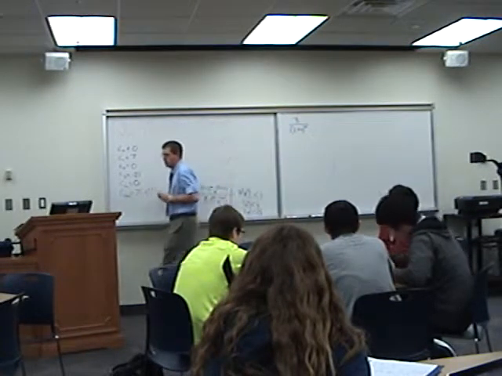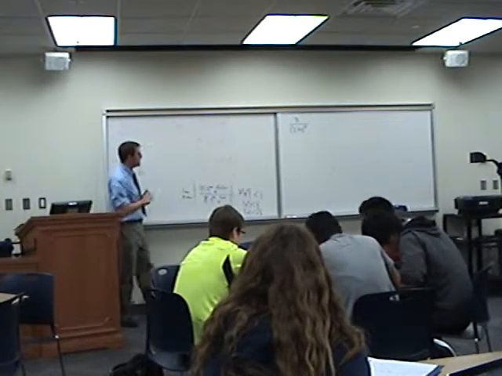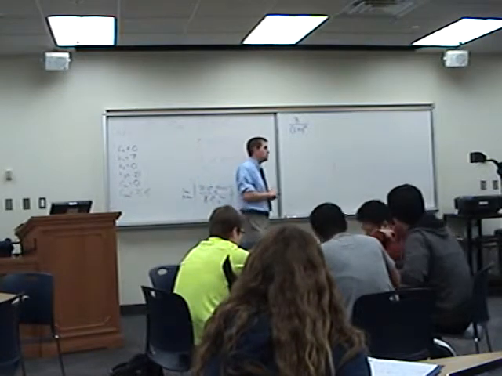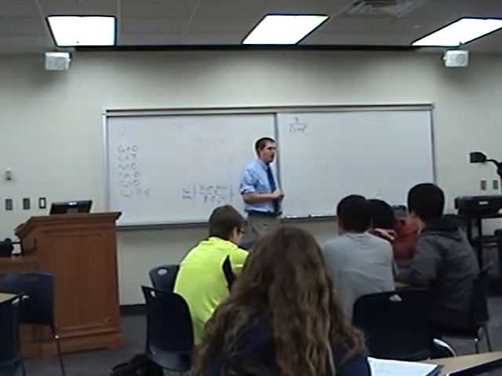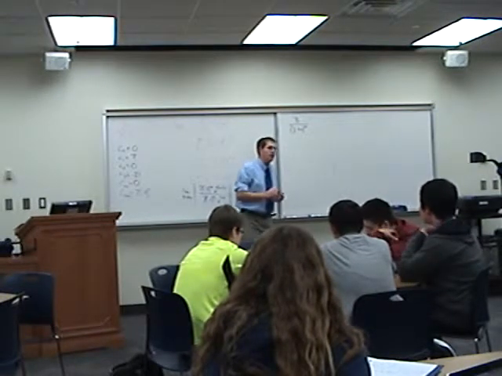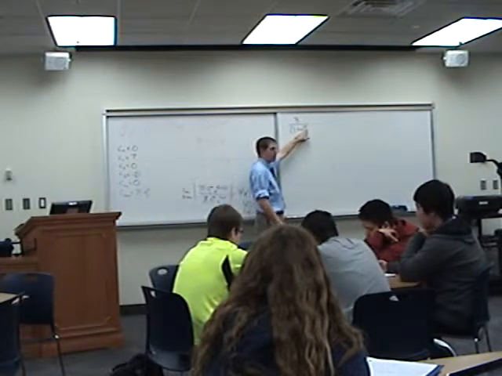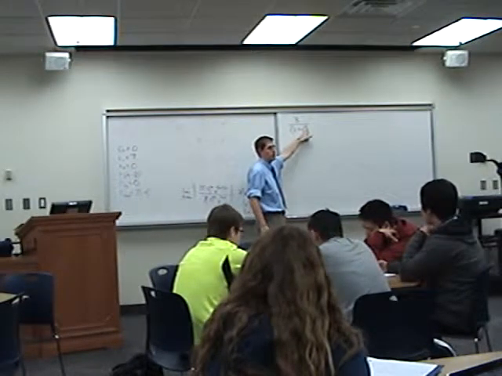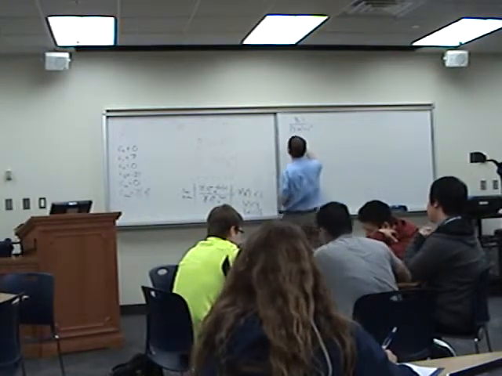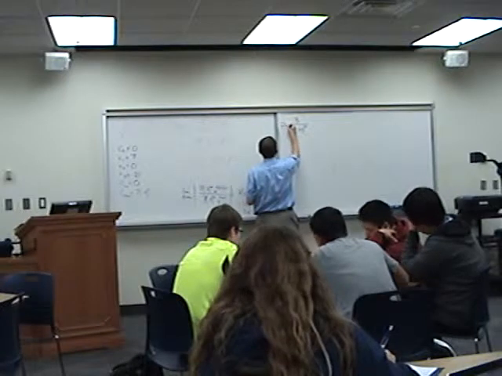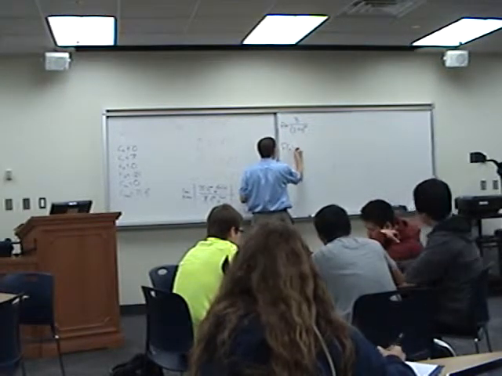We got 3 over 2 plus x squared. Now, this one's kind of weird because they say, use differentiation. But the first step you actually have to take is not differentiation. You have to integrate first. And the reason why is because we don't want this square down there. What do we want down there? We want it to be the first power. So I'm actually going to say, let this be f of x. I'm going to integrate, and that's going to be big F of x is equal to,